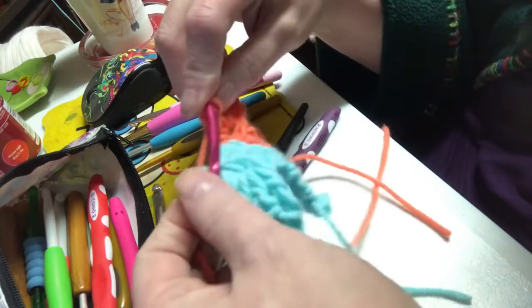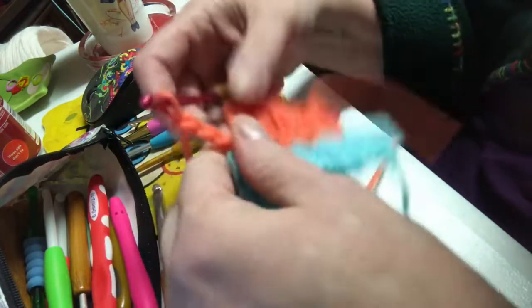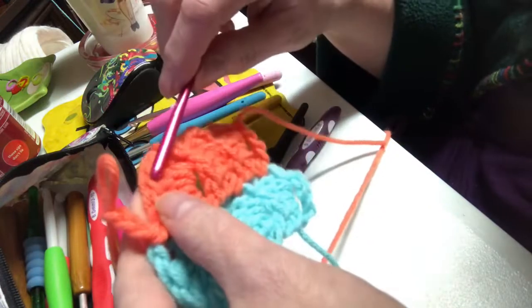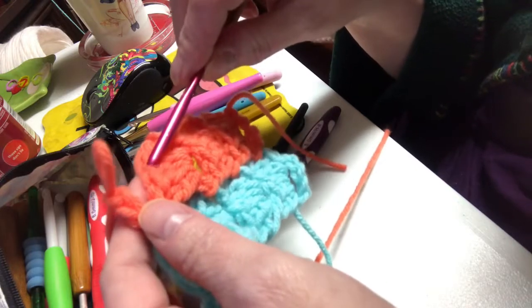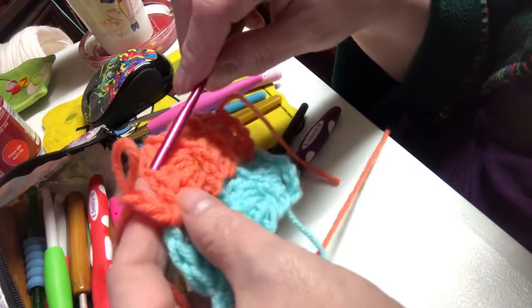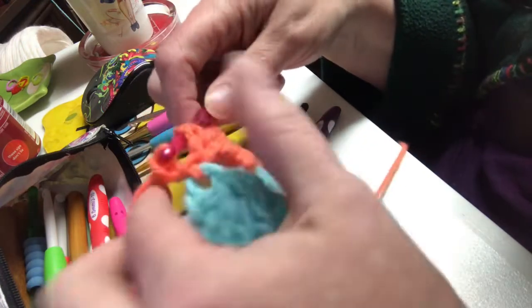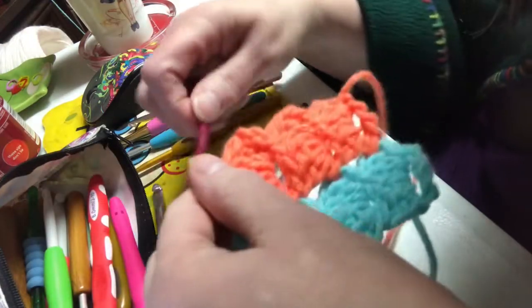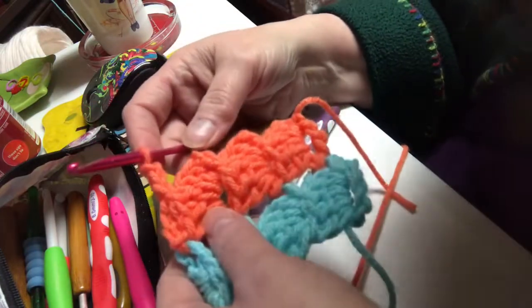Okay, one more, and then slip stitch it to that chain 3. Okay, chain 3, take it out of the loop, go to the 3rd double crochet over, 1 2 3, insert it front to back and then into the loop, and then pull it through, and then continue with the rest of the stitch pattern. Okay, that is all I wanted to show,